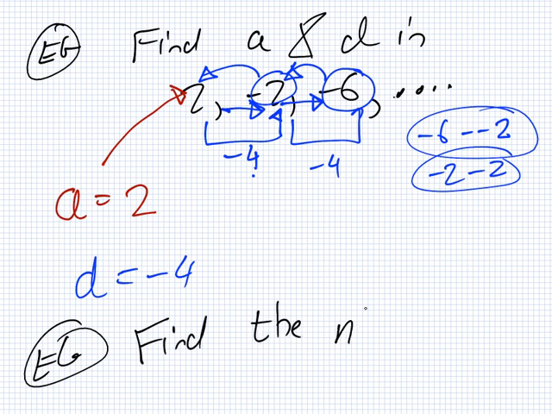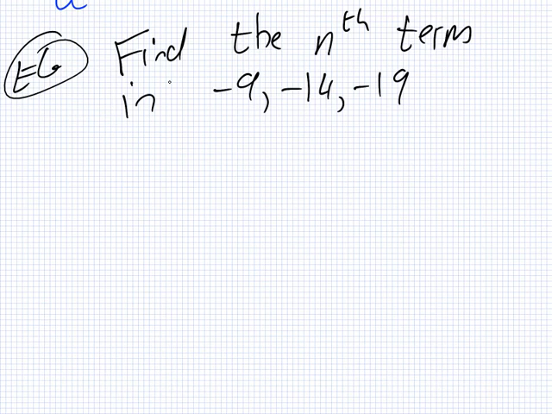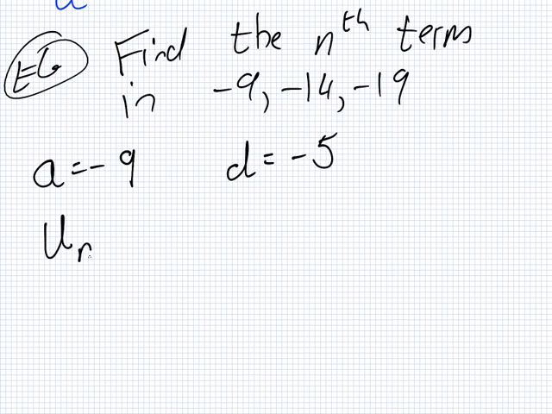Find the nth term in -9, -14, -19. Okay, do you have this? We'll do it there. So, what is the nth term? The first term is -9, the second term is -14, and the third term is -19. So we can definitely see that A is -9, and what would D be here? -5. So the nth term, by using the formula, is A plus (n minus 1)D, yeah, which is -9 plus